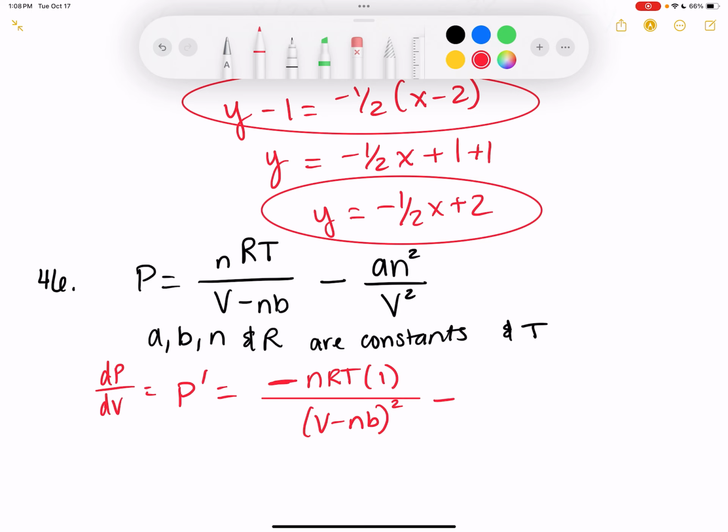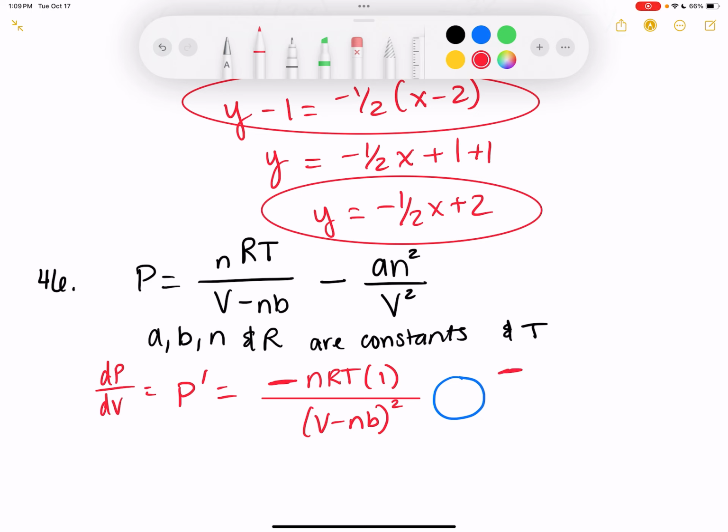Plus, oh wait. I lied. Hold on. We don't know that sign yet. Well, we might, but anyways, I'm going to leave a placeholder here for a sign because I don't yet know what it is. Because currently it's minus, but it could end up being plus depending on how this plays out. So, derivative of the top is 0 times the bottom, so we can just get rid of that. So, minus,